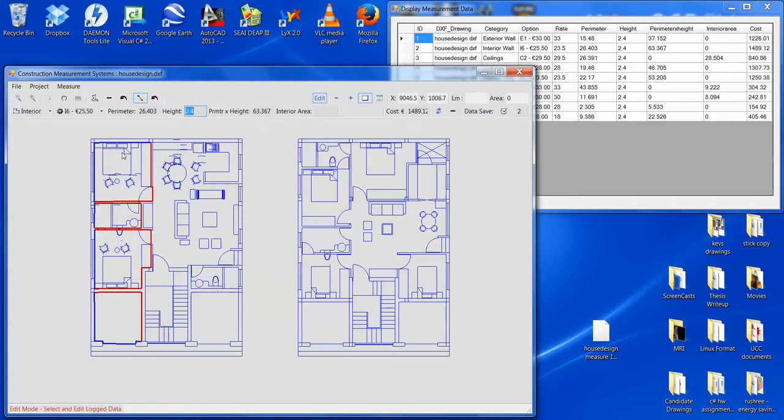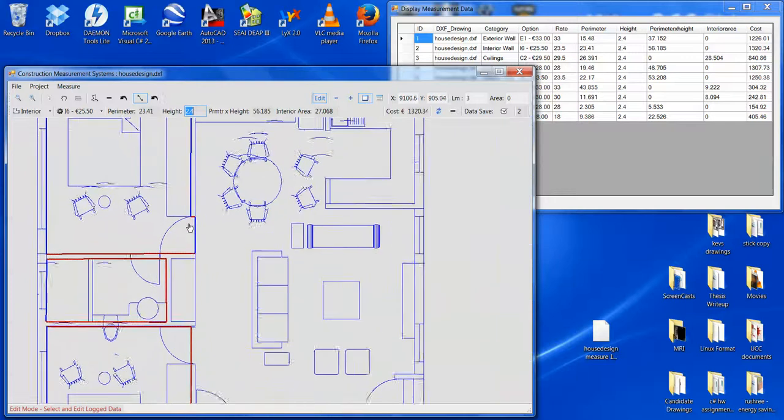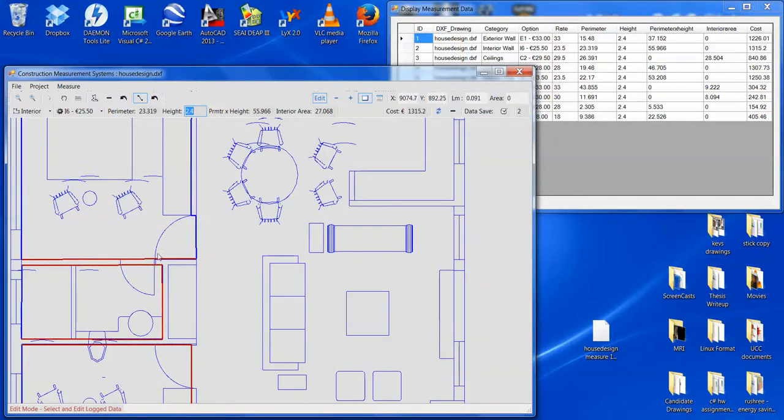Now, in order to alter these walls, I need only click on the wall. So once in edit mode, clicking on a wall will either remove it or put it back into the measure. So I can click here, I can put it back in, take it out, put it in. So we can see perimeter 26 linear meters. If I deselect that wall, that goes down to 24. If I deselect another, it goes down to 23, and I can zoom in as I could while building, and I can remove as many of these walls as I want,